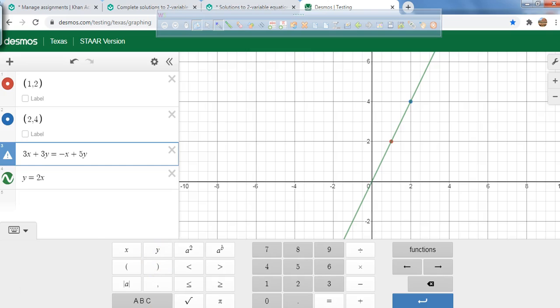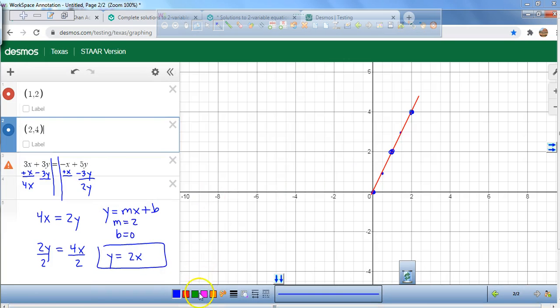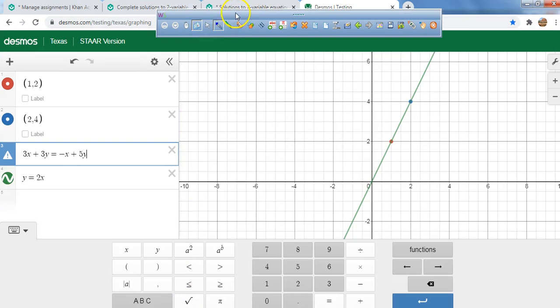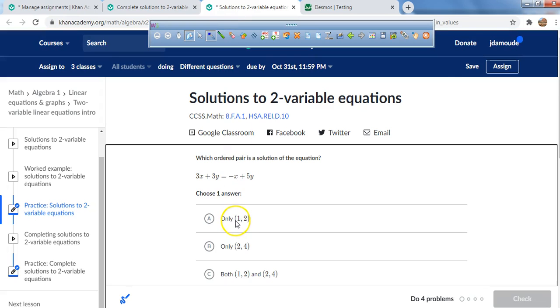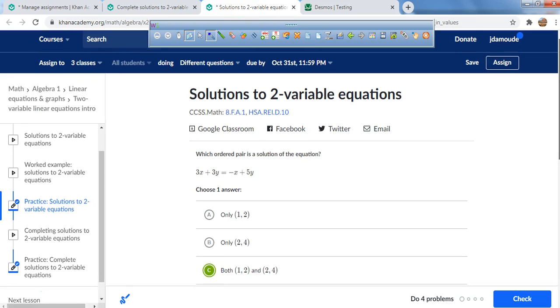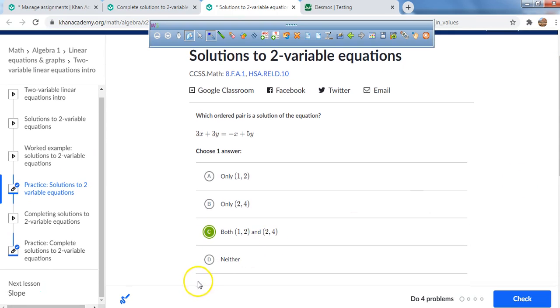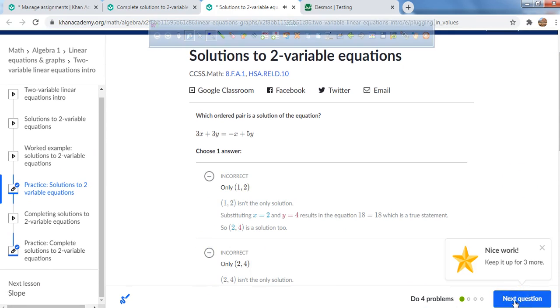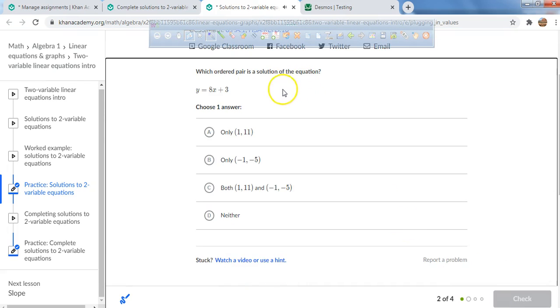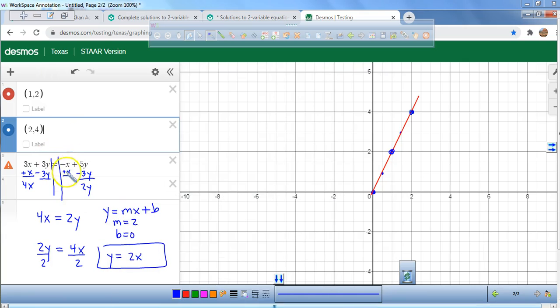So what does that mean for us? Well, that means that, let me see here, right here, that answer works and that answer works. I'm going to choose both. Sometimes neither of them will work and you'll choose neither. All right, here we go. Oh, that's already in slope-intercept form. That's kind of easy, all right? If it's already in slope-intercept form, then you could literally, since it's already in there,